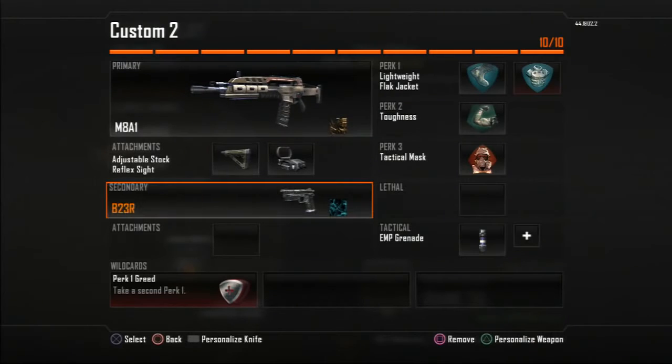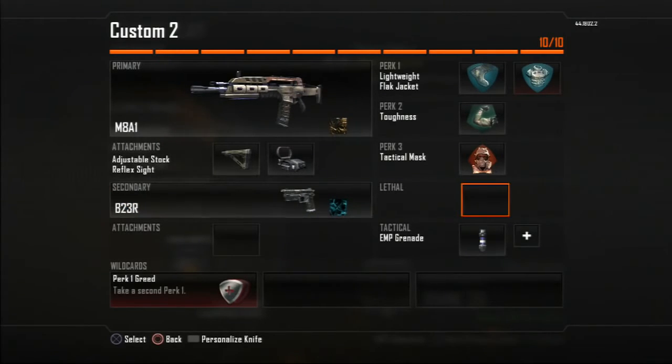I love the M8. A B23R is almost necessary to run with it in case those first 4 bullets don't kill and they turn on you. You might not have enough time to shoot at the second 4, so you might want to switch to your secondary, which is the B23R, which is very, very deadly. It kills in 6 bullets almost all the time. It's OP, whatever. You're also going to be running lightweight and flak jacket because this is the class where you're